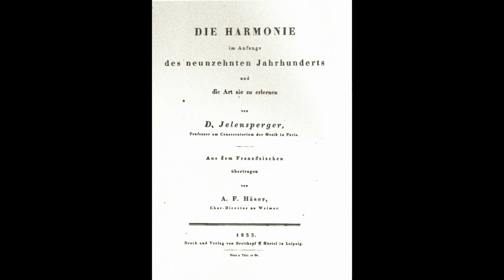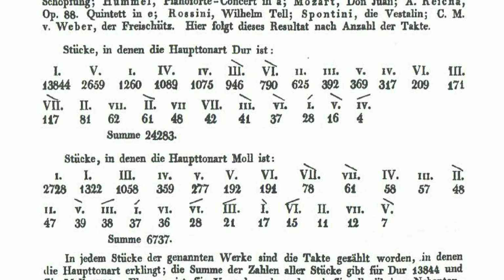The earliest corpus study I know of was conducted by Daniel Jellensberger in the early 19th century. Jellensberger was interested in modulation, and he wanted to find out which keys were used most frequently by composers and how long the music stayed in those keys. His conclusion was that the music he studied was in the tonic key in the major mode 57% of the